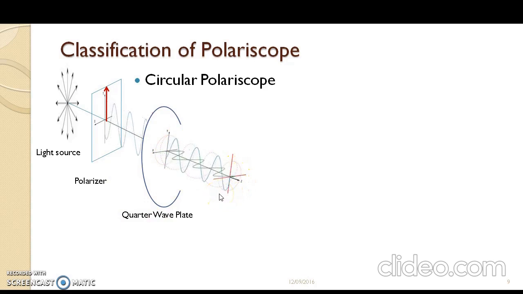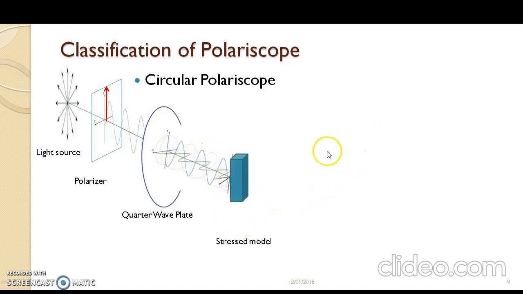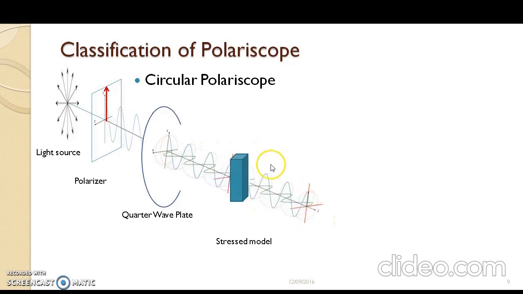So at the end of this, you can observe that you get a circularly polarized light. Now why do I require the circularly polarized light? Because in order to prevent the isoclinics. Now once the circularly polarized light enters the stress model, as I told, this acts as a full wave plate. So whatever the property of the light that is incident on the stress model will be the same when it passes out from this stress model.